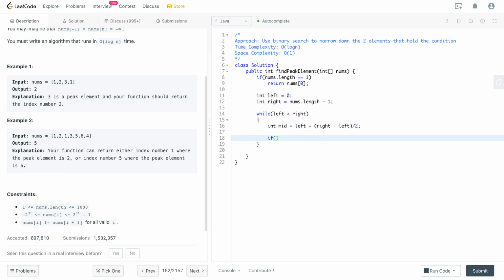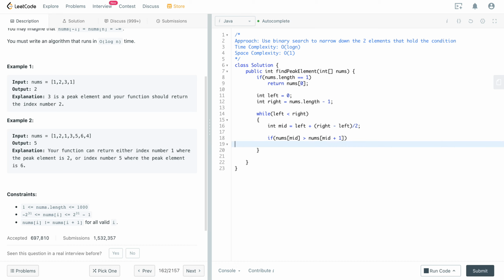Awesome. So once we have the mid element, nums[mid], what exactly do we need to check? If the mid element is greater than nums[mid + 1], that means the current element is bigger than the element to the right. We need to do something. Let's get back to that. And then else,